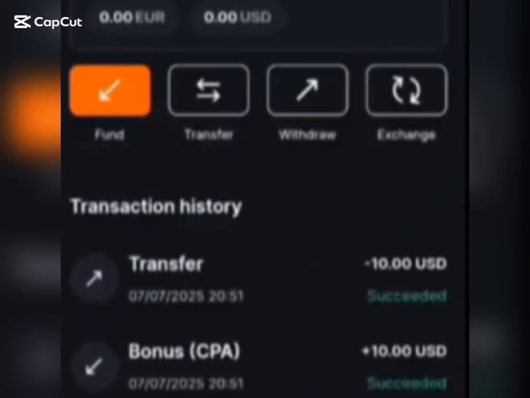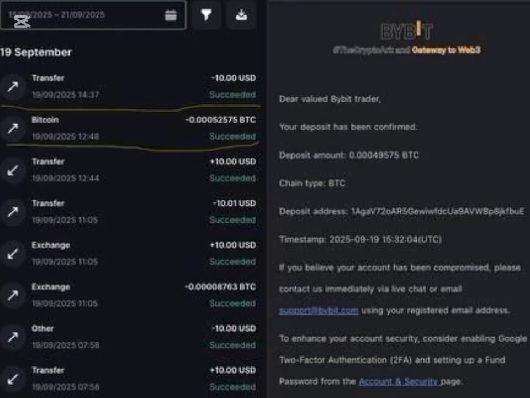This is the proof right here on our screen that I just got a free $10 no deposit bonus, and I'll be showing you how you too can get your own in this video. All you have to do is make sure that you watch this video till the very end. And also, as you can see on my screen, people have been withdrawing from this particular no deposit bonus that I am dropping right now. So make sure you are fast about it. Once you are done watching this video, go and claim yours and start trading. You can withdraw your profit just as the rest have been doing.